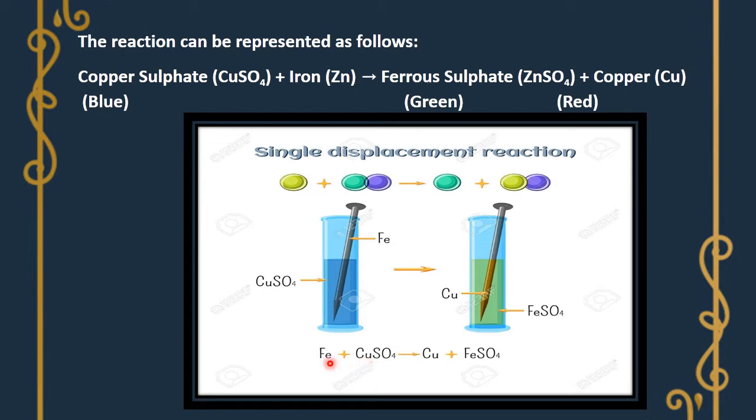As iron is more reactive than copper, it displaces copper from its salt, and instead of copper sulfate now we get ferrous sulfate, which is green in color. So the green color is because of the formation of ferrous sulfate. And as copper is left all alone, this copper gets deposited on the iron nail, and that's why the color of the nail changes. So this is a displacement reaction and you need to remember it. Let's try to do some more displacement reactions and understand this concept.